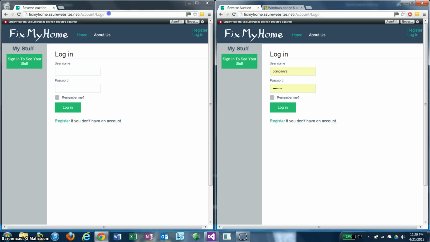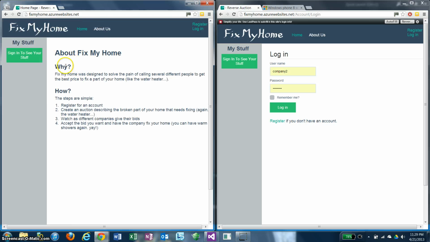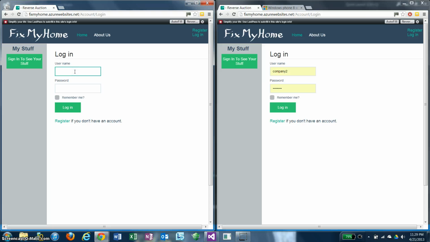Anyways, if I go to the home screen of my website, it just gives a title and a quick about the page, and that's really the About Us page. And it offers for you to sign in. So I'm going to show you some basic functionality. If I sign in as a regular user,